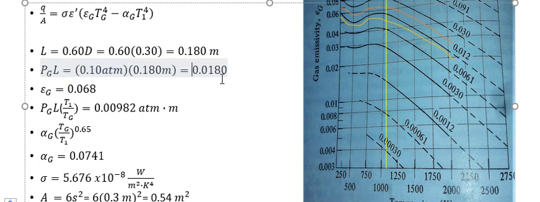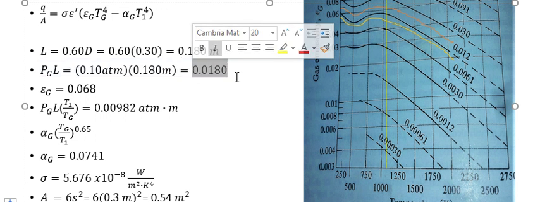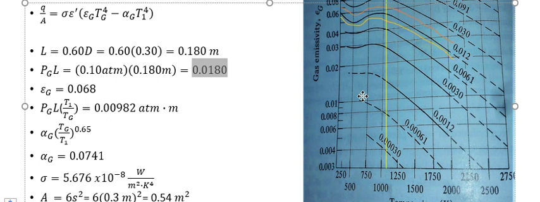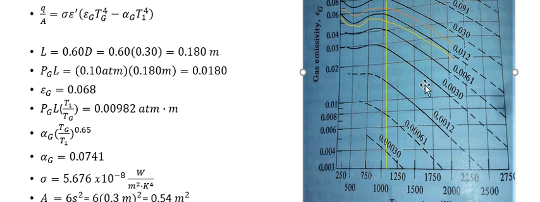And the L is 0.180 meters. Therefore, we will be having 0.0180 atmosphere meter. And basing on the figure shown,